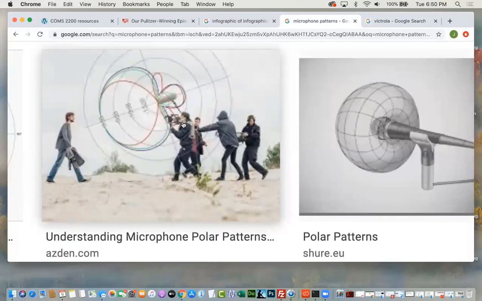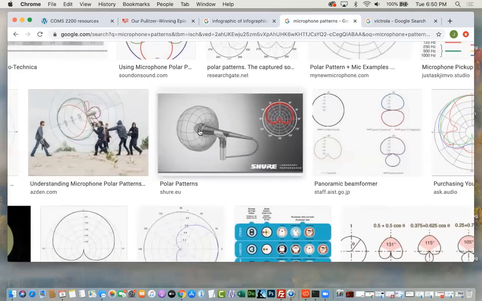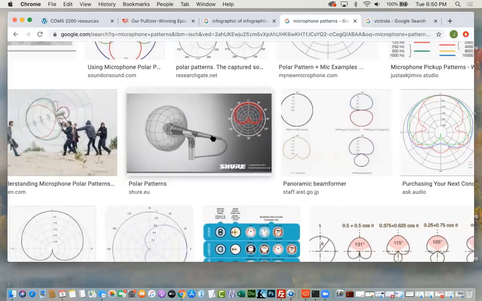There's the filmmaker, there's the cameraman, he wants the sound to come from the subject that he's filming. He doesn't want sound to come from the people behind him. So it's important to understand this if you're ever in the field or if you rent some things, if we ever get back to school and you guys can actually rent some things, that's the kind of thing that you have to think about, right?